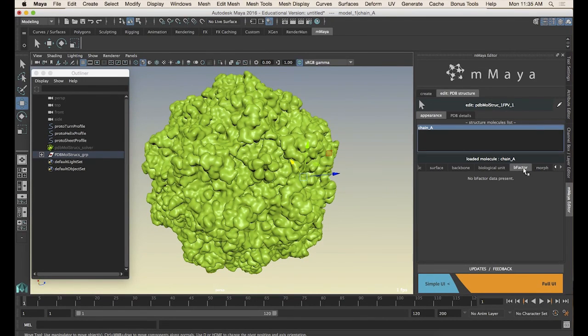The last couple of tabs, B factor is about thermal jiggle with atoms, and so I'm not going to talk about that. It's kind of a fringe case, which you probably won't run into the need to worry about too much. And there's also a morph,